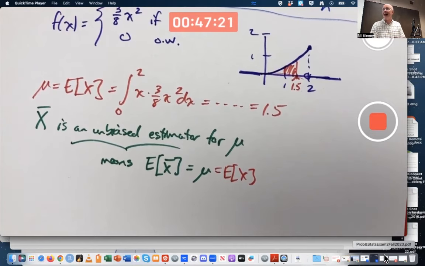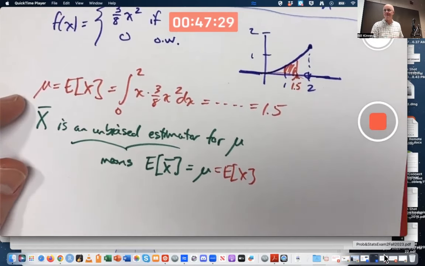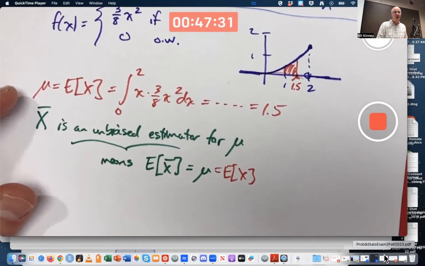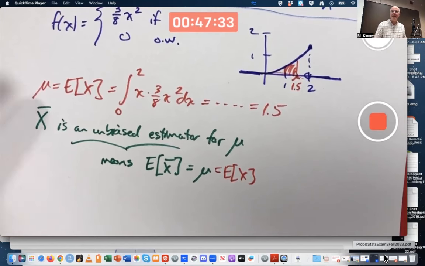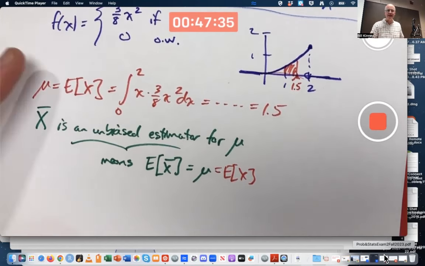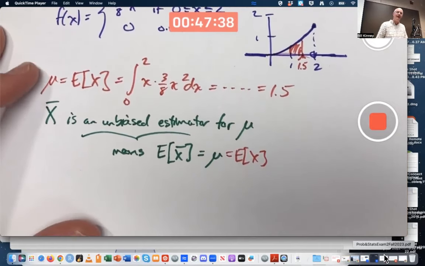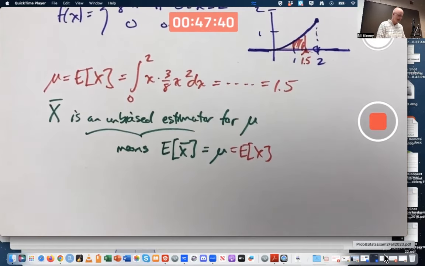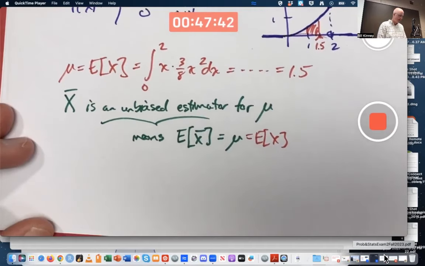X bar is not the only statistic. There's lots of statistics, though X bar is the most common one. We could also talk about the median. Oh, yeah, that came up on the exam. The median, well,